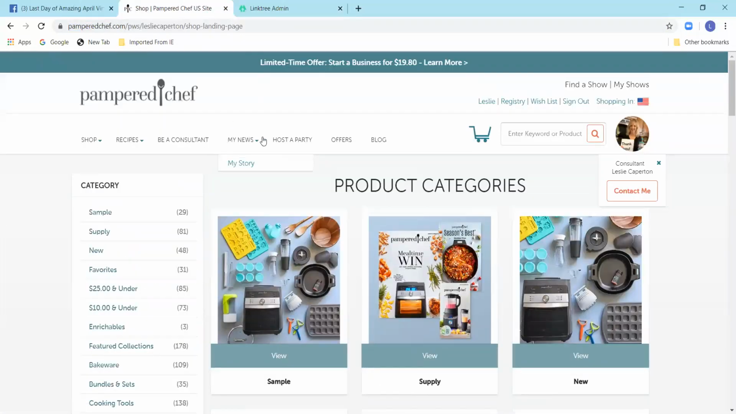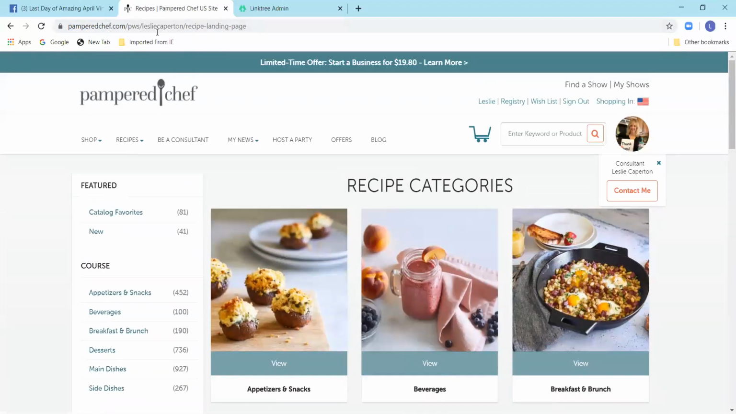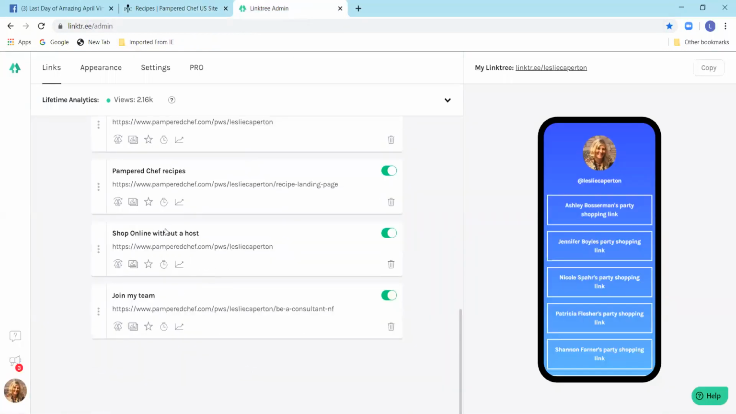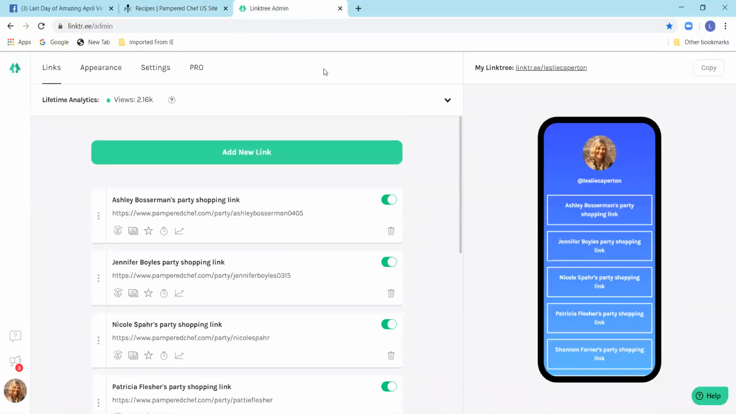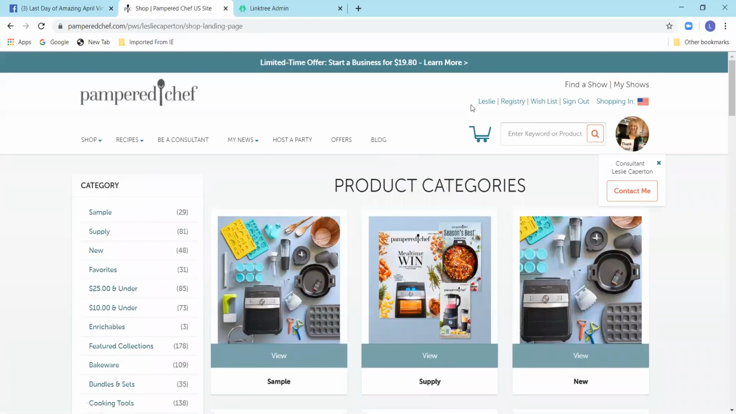If I want to share recipes, I'm going to click recipes. There is my link for recipes, and then I'm going to go down here and put the recipes. It's that easy to add these links in here, and then that way you're steering people exactly where you want them to go on your personal website. Okay, so that's super easy. That's kind of how Linktree works and your personal website. Okay, so now we're going to go into Consultants Corner,